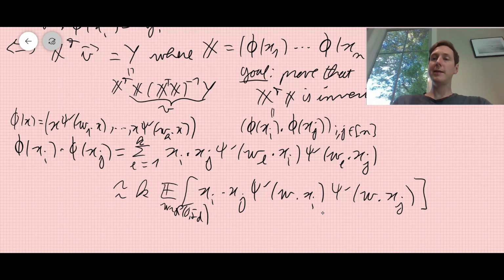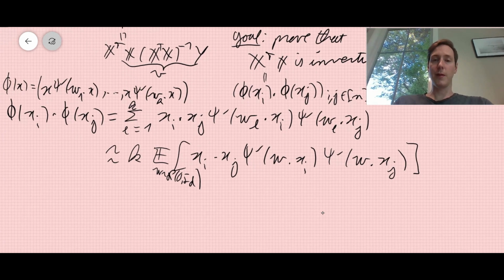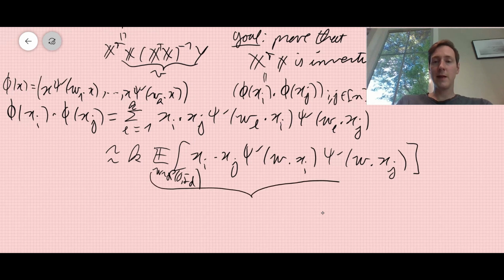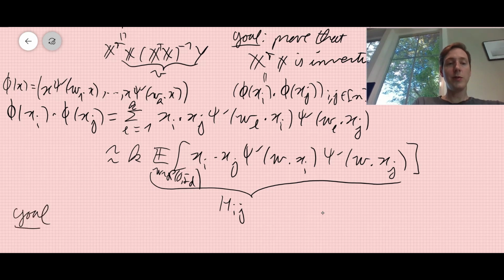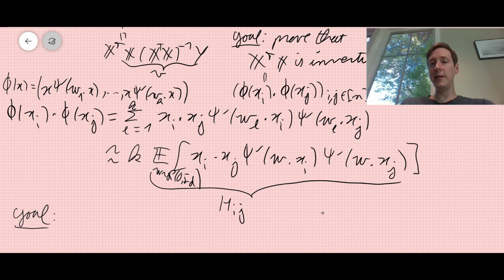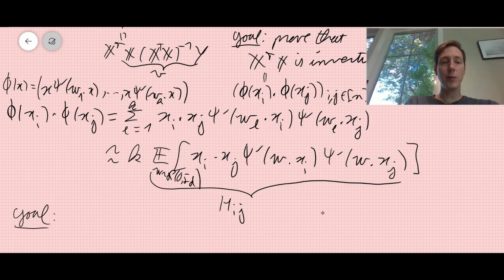Okay, and this small fluctuation, you can control in many different ways. This is not what we're going to focus on. So let me call this Hij. So the goal now, we can reduce the goal up to some easy-to-do concentration. The goal is going to be to